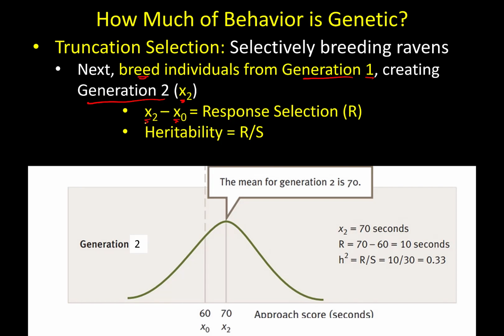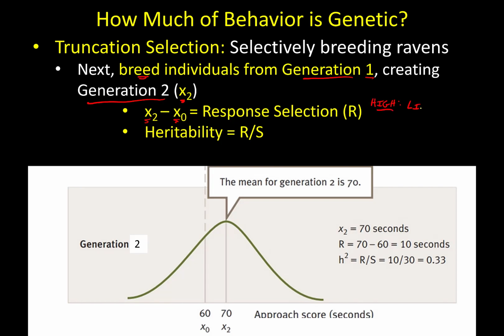Okay. If you get a high response selection variable, it means that limiting the genes that were present in our artificially selected populations, meaning limiting the genes in our group to only those held by ravens that approach slowly, it had a big effect. So a big response selection number means that limiting the genes in our gene pool had a huge effect on the resulting behaviors you see in their offspring. If the response selection variable is low, it means that limiting genes did not totally dictate the behaviors of the resulting offspring. Okay, so high value